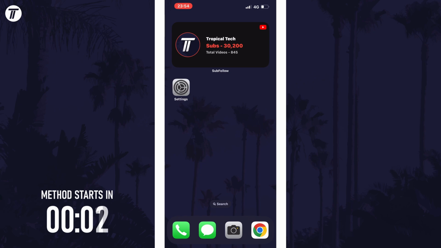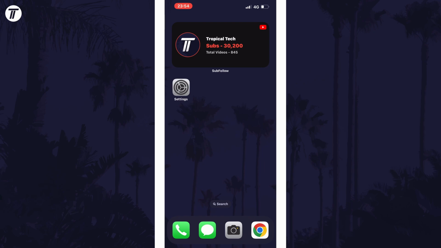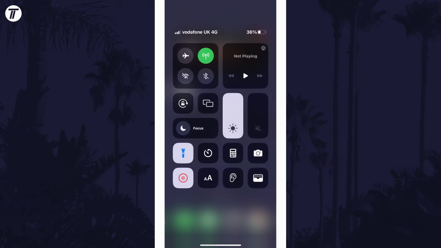Let's get into the method. To turn on the flashlight to use it as a torch in iOS, all you should need to do is scroll down from the top right corner of the screen and one of the icons that appears should be a flashlight. Tap on this to turn it on or off and tap and hold on it to change the flashlight's